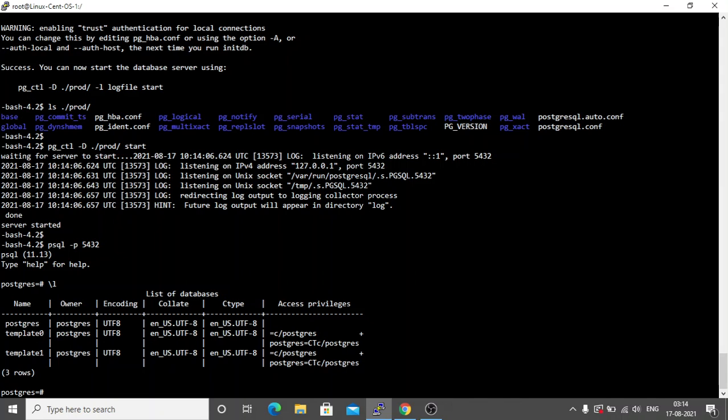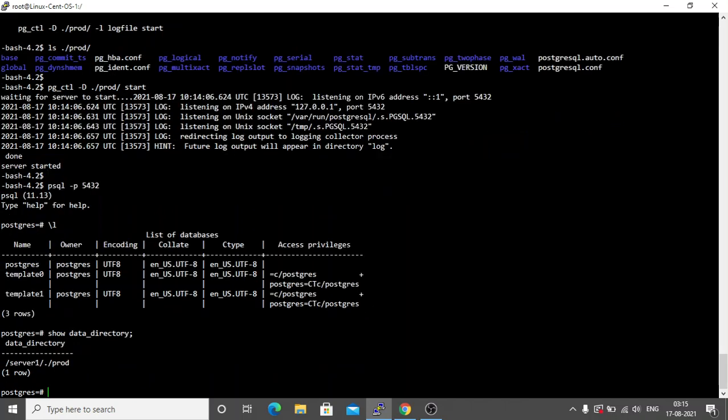So we have successfully installed all of these things, and you can also see the data directory. Show data directory. The data directory is the place where our cluster data is residing. We created our cluster in the server directory and then in the prod directory. So the data directory should be server1 slash prod.